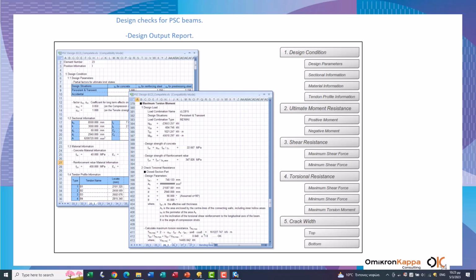Also, we have the creation of an analytical report in which all the checks are provided on a spreadsheet file. So the design conditions, the ultimate limit state resistance, the shear resistance, the torsion and the crack width are provided to us in a very elegant form, and we can use it in order to produce the report.